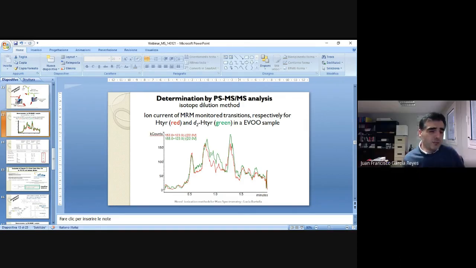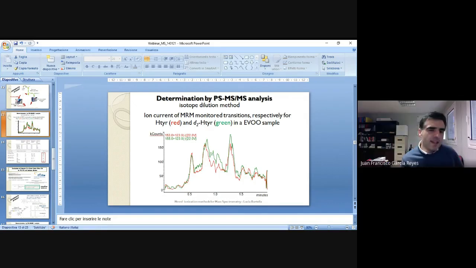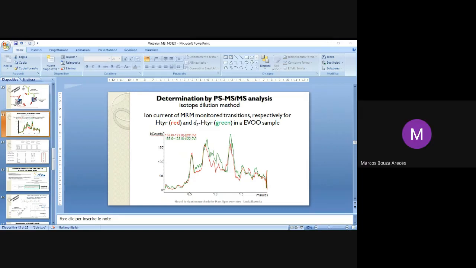This is quite a lot. Probably, if you spot maybe 2 microliters, then the signals should be short. Yes. But then you may have the problem that the sample may stick to the paper and you won't see it. So this is something you need to optimize for each particular application, I guess. Okay, thank you very much.